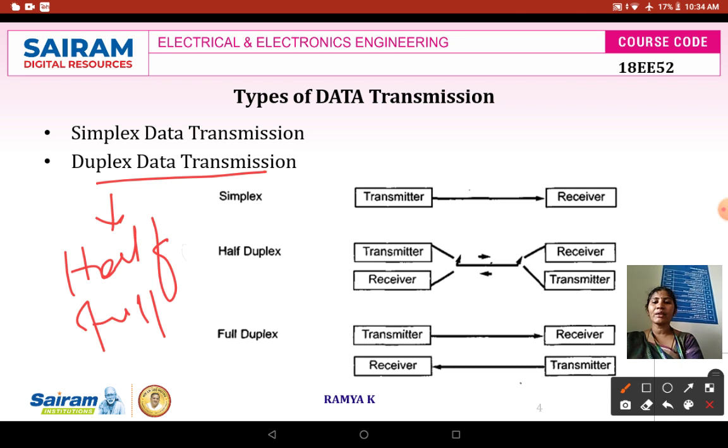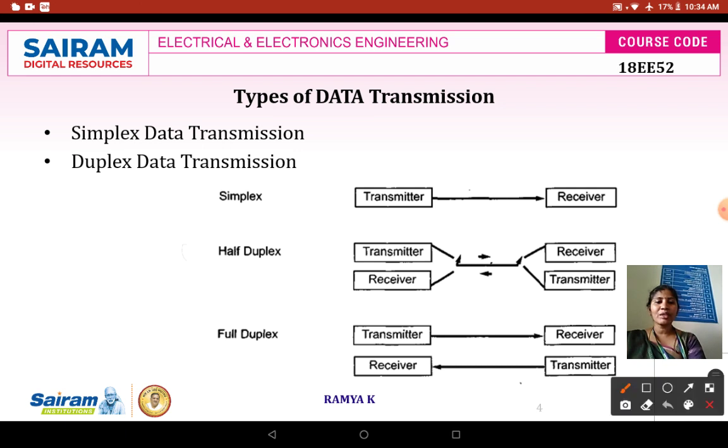So the diagram for the same has been given over here. This is the diagram that we have taken from the book called Mazidi. Okay, so half duplex, it means that here the information is conveyed in one direction, that is either from your master or from your slave. It means either you can transmit the data from your transmitting end to the receiving end or from your receiving end to your transmitting end. So it is also one way of communication at a time.